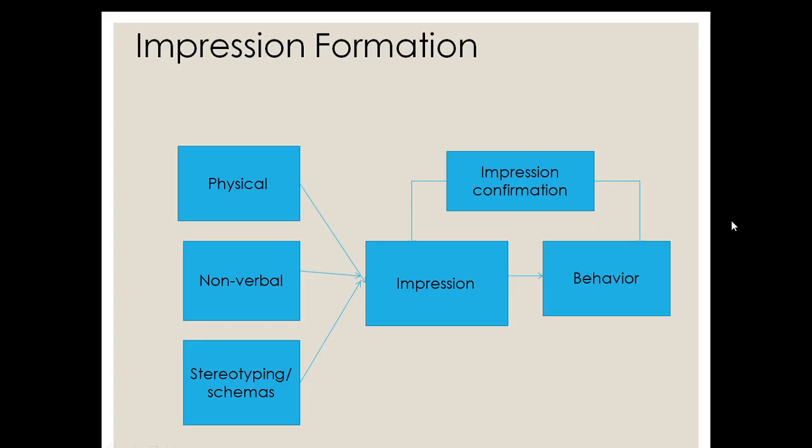Okay, so that's a quick diagrammatic representation of impression formation. It could be the physicality of people, as we've discussed. We are all stereotypical in some way or the other. We draw shortcut conclusions based on the physicality of people, based on the non-verbal mannerisms of the people, based on certain attitudes, certain habits of people, and of course the stereotypes, as we have discussed, which form an impression,